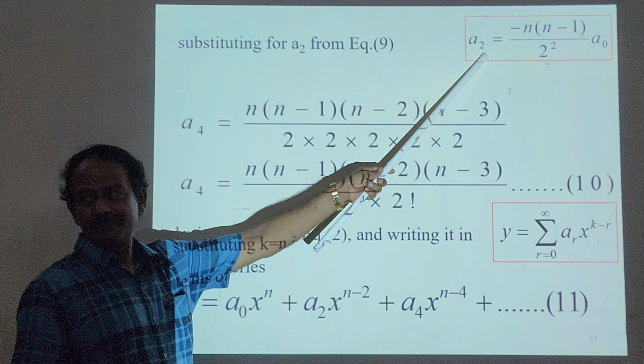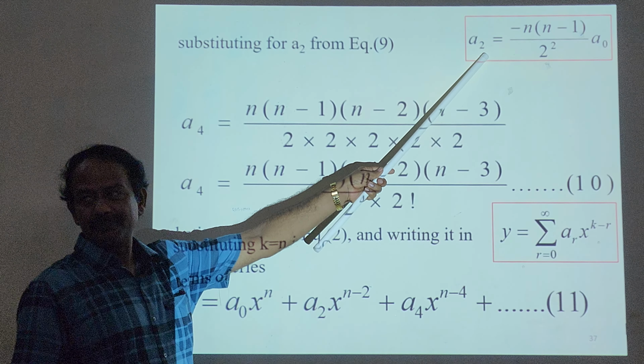A2 is given. You substitute for A2. You will get n minus 1. See here, you have a minus sign. This minus sign and this minus will get cancelled. You have n minus 1, n minus 1, n minus 2, n minus 3,